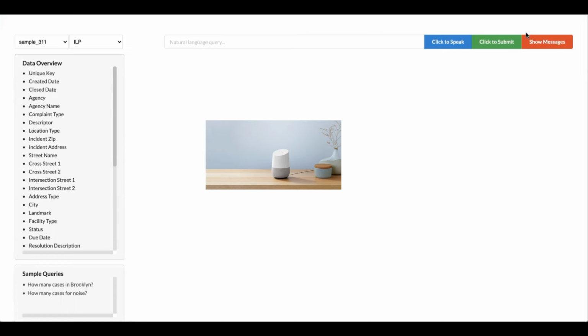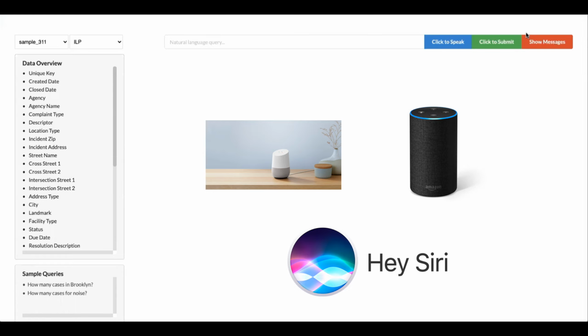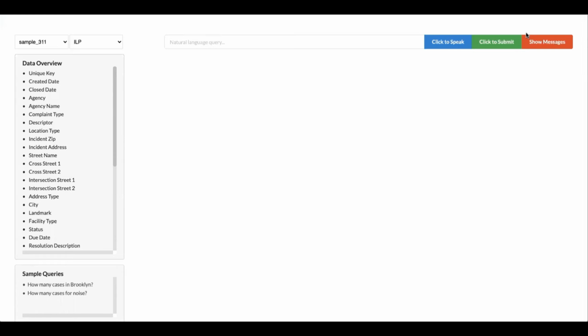Hi, our system is Multiplots for Voice Queries, or MUVE for short, a voice queryable database system. The motivation behind this project has been the rise in popularity of voice querying systems such as Google Home, Amazon Alexa, and Apple Siri. And we wanted to create a system that didn't rely on user feedback to correct ambiguities